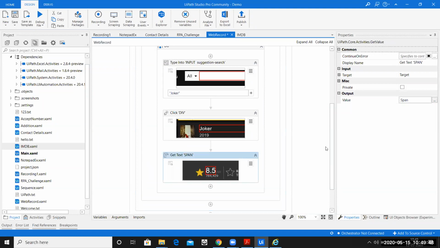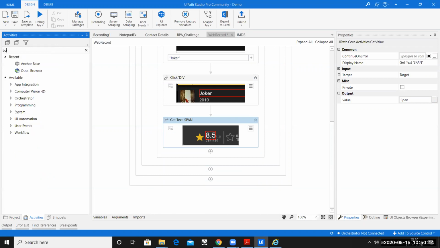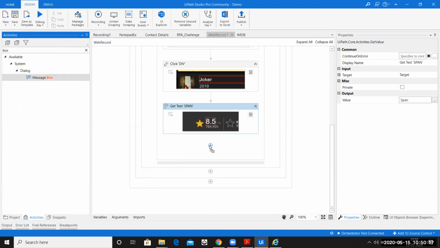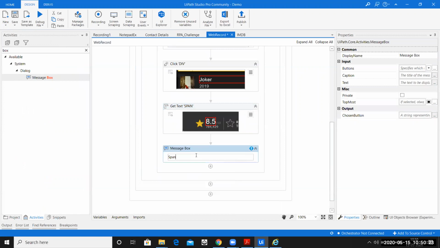So you can now do the other work, that is saving it into a variable. You can see that when you do the recording, UiPath has already created a variable for you. The variable name is span. If in case you don't like this variable, you can change it. But since the UiPath recording has already given me a variable, span, I'll stay with that variable. All I'll do is use a message box and print the variable. So let me just drag and drop a message box over here. There you go. So my variable name is span. I'll pass the variable name span over here. Okay, perfectly fine. Let us run it and see if it's working fine.